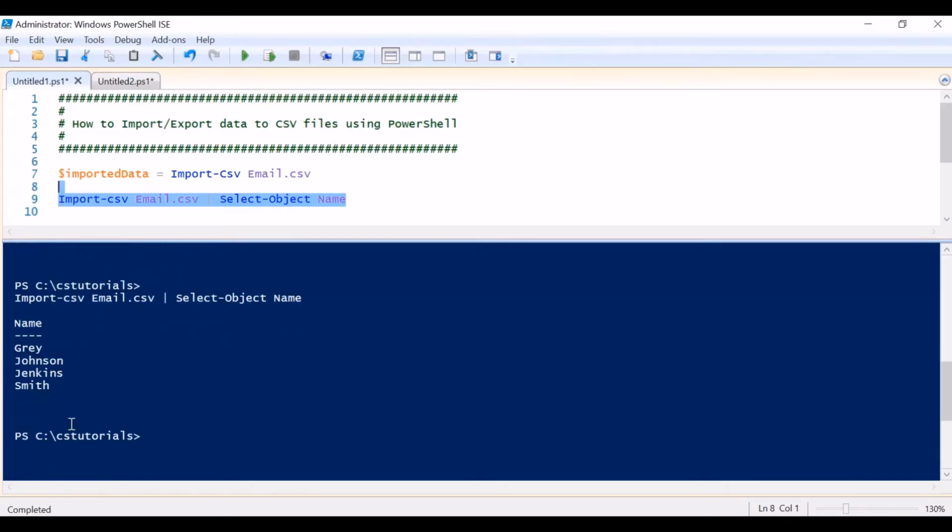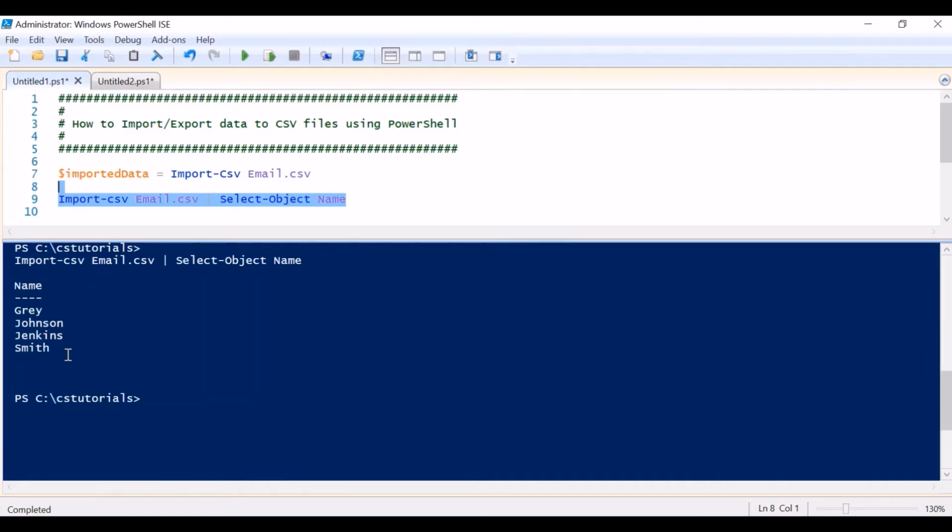This way you can fetch or read only the desired columns. So this way you can read data from a CSV file.